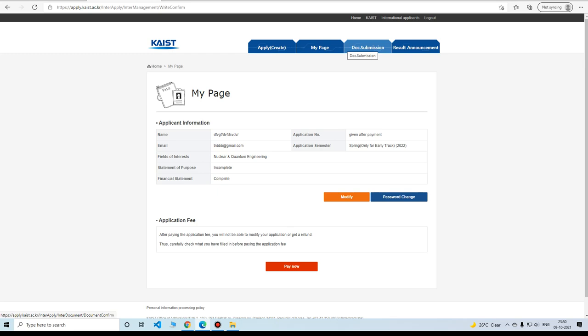For the mandatory ones, make sure you upload them before the deadline, because filling in the application form and paying the deposit fee does not complete your application. You have to submit some documents.